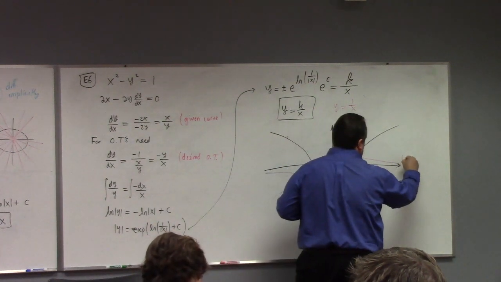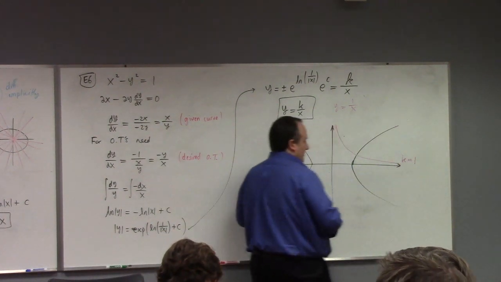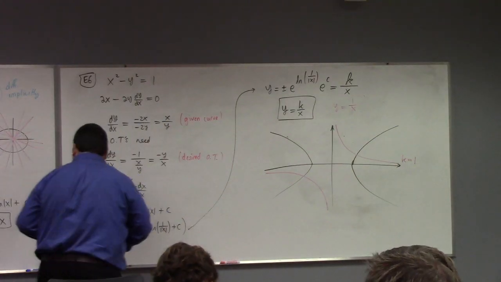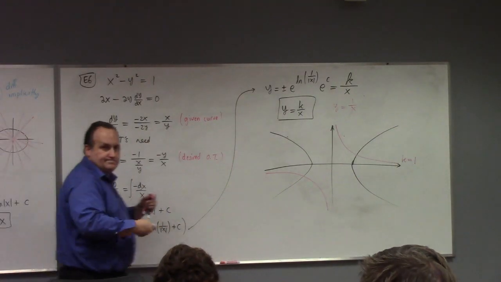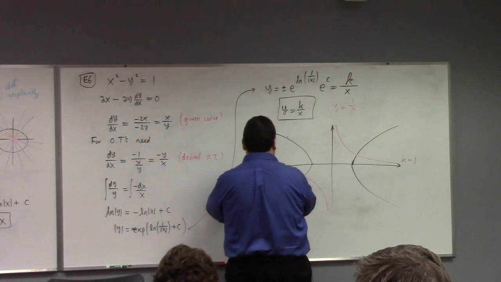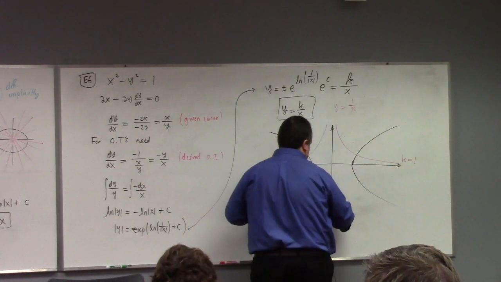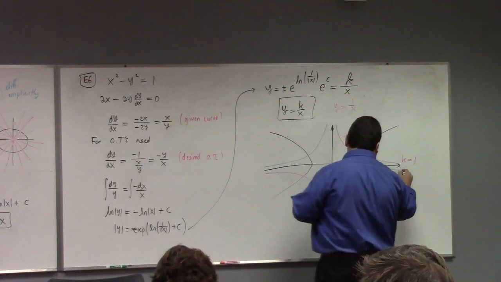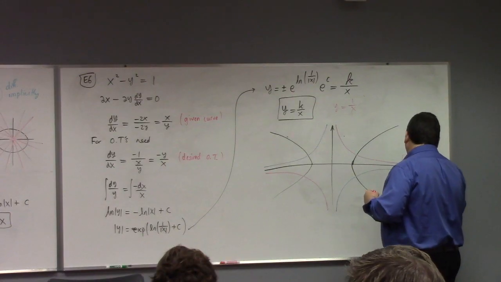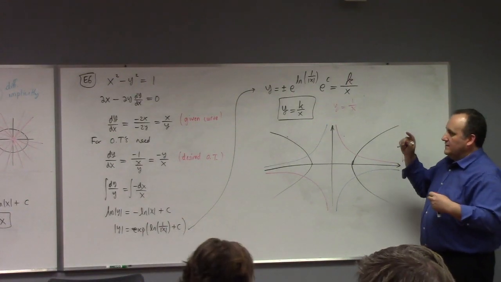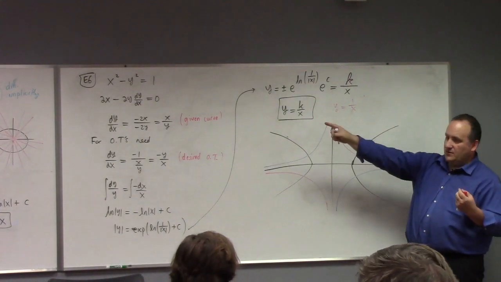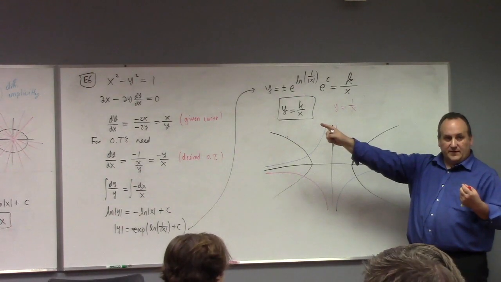There's k equals 1. K equals minus 1? This guy, right? In fact, here's the kind of cool thing. The given curve is a hyperbola. The orthogonal trajectories,